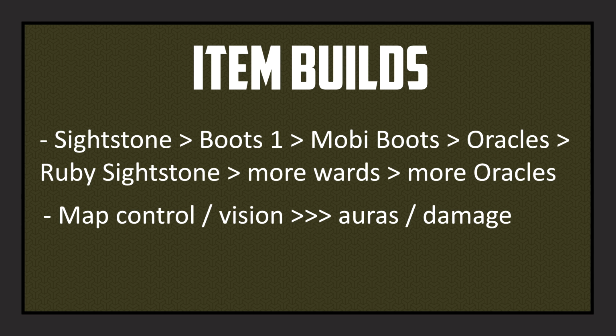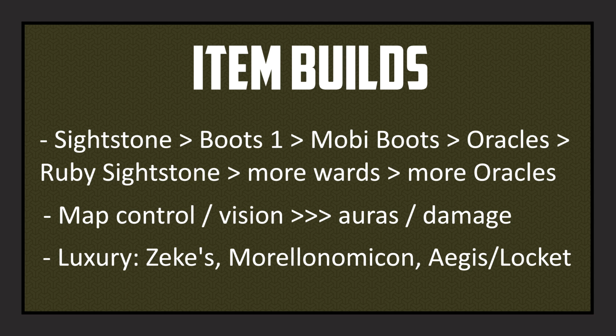to land game-changing hooks. But all that aside, sometimes you do get fed and have a ton of extra gold. So what do you buy in that case? I still go for my Oracles and Mobility Boots, but after that, I'll usually pick up a Zeke's, Locket, or Morellonomicon. Zeke's is an incredibly underrated item, and it's good if you have at least 2 AD champions on your